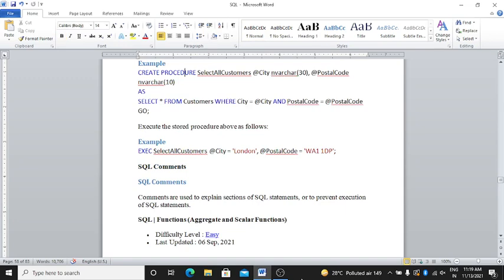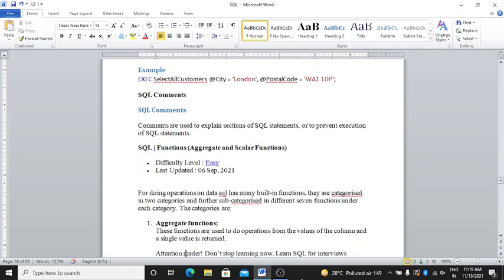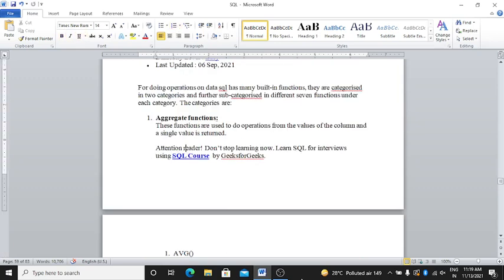Now the SQL functions. SQL has many built-in functions for doing operations on data. They are categorized into two categories and further subcategorized into different functions under each category.